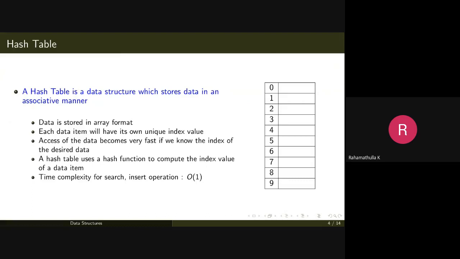The hash table is just an array-like data structure. You will have indexes, and you'll have places for storing your data records. The difference is that you will have a hash function along with this, which will be used to convert between a data item and its corresponding index value.